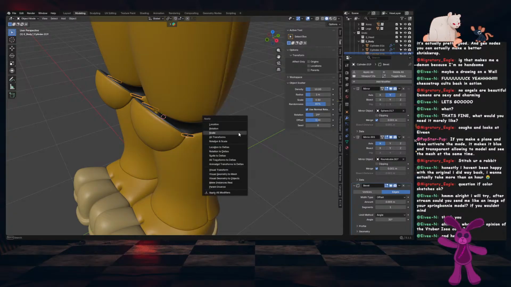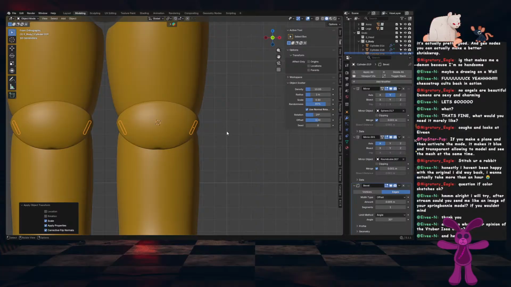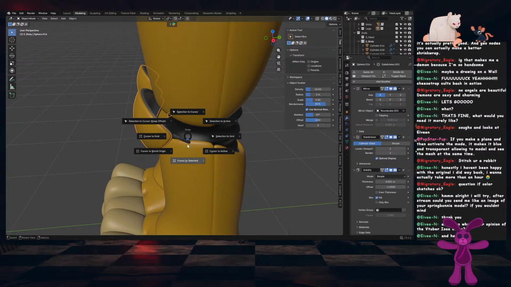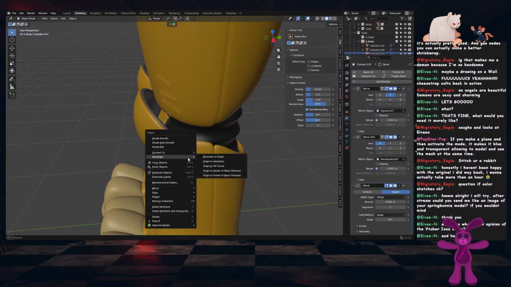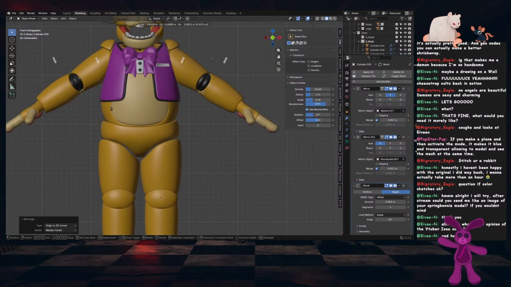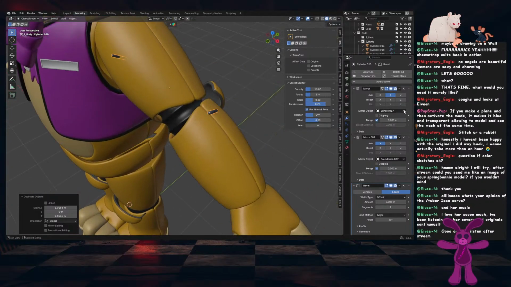Oh, I want to shift A, rotation, scale. Selected, set origin to 3D cursor. And then have this be